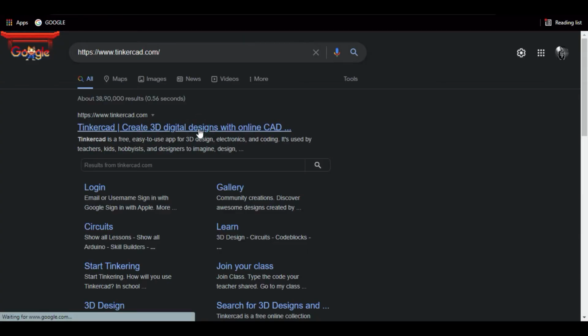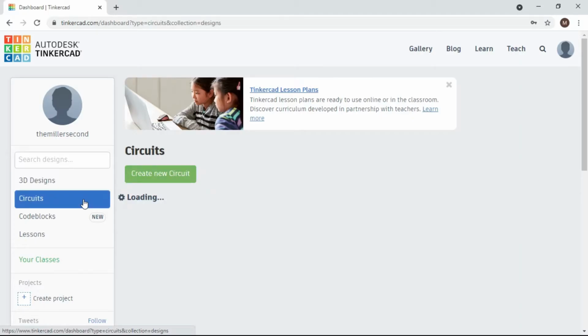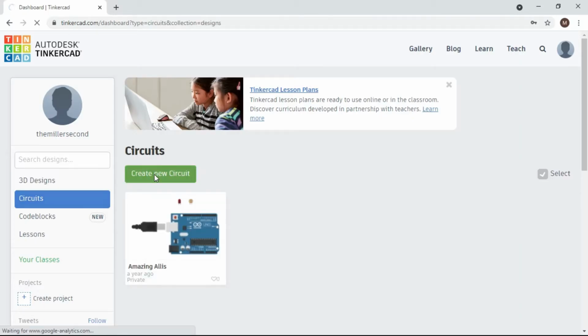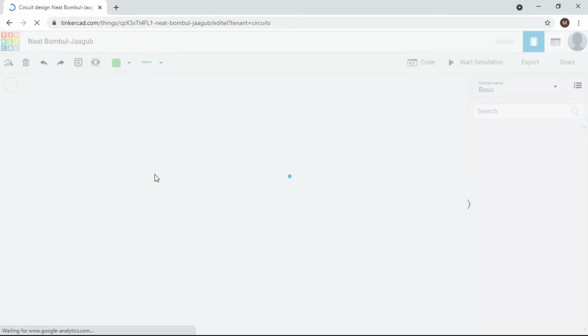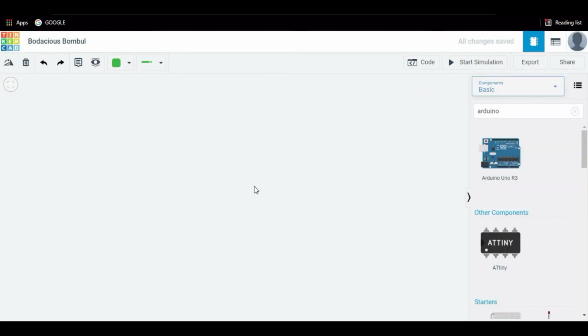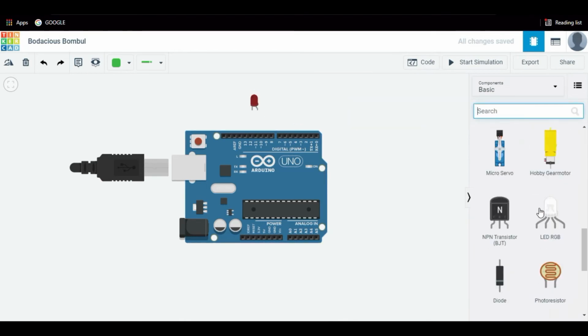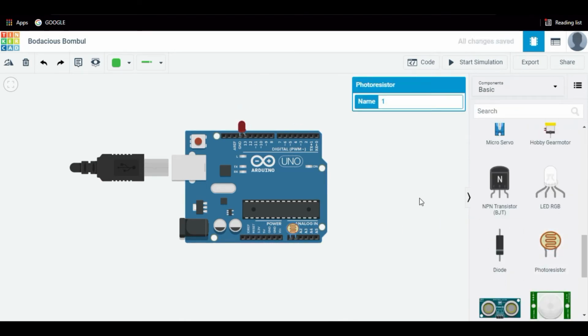To work on an Arduino without buying it, we will use Tinkercad. Like this, we will go to the site and here, we will create a Tinkercad account. Here you can find all the components and you will be assembling them here. Let us drag the Arduino board, LED, and the sensor module from here to here and connect them like this.